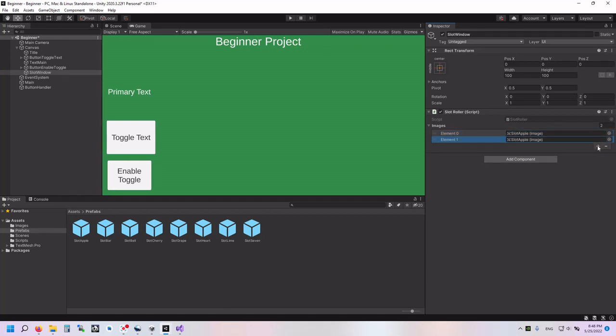Add another one. Actually, I'm just going to add the whole bunch of them. So there should be up to element 7 total. So, sidebar, slot bell, slot cherry, slot grape, slot heart, lime, and finally 7. Okay, so it was just that easy to associate those prefabs now to this list, and